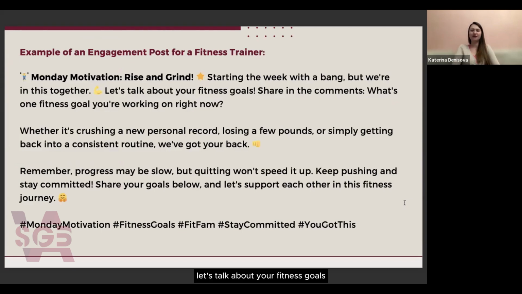Let's talk about your fitness goals. Share in the comments what's one fitness goal you're working on right now. Whether it's crushing a new personal record, losing a few pounds, or simply getting back into a consistent routine, we've